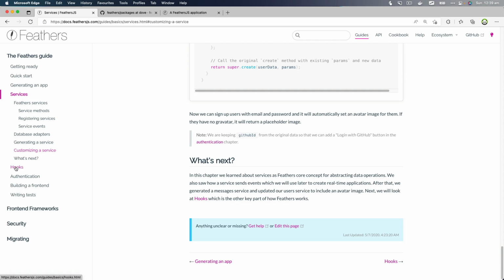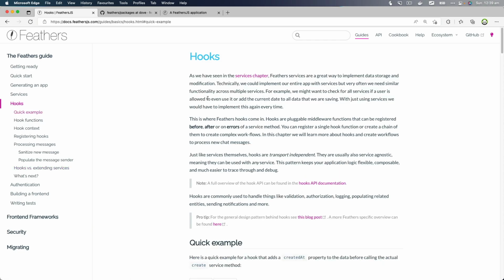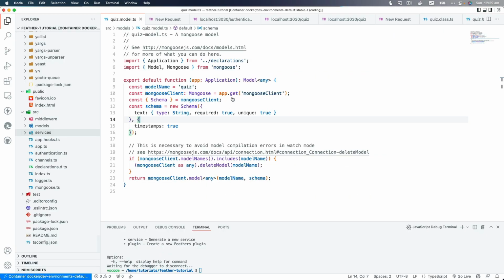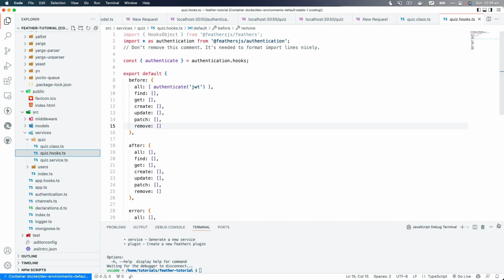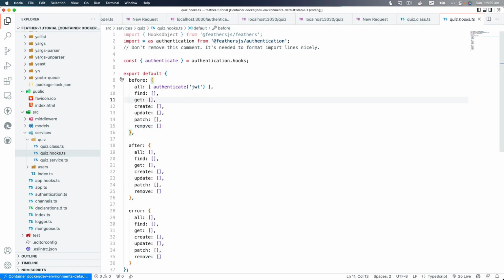Now that's about it for services. I hope you understood, but let's go to hooks. Hooks are very common in a lot of frameworks. Hooks are basically functions that allow you to perform operations on specific things. Let's say you want to do something before somebody goes and adds a quiz, or after the quiz is created, or when there is an error. If you look at services, quiz, and then go to hooks, all it's basically doing is like before